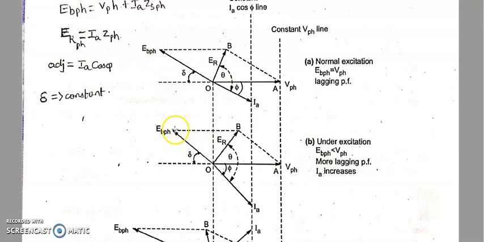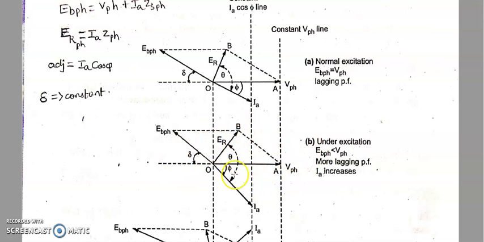When compared to this, you can see this EB phase has this much length, so it also got reduced. What about ER here? What is ER exactly? ER is the resultant phase. It is the product of IA into Z phase. You can see when compared to this, the OB length has increased. Why? Because IA value increases, so the product of IA into Z phase will also increase, so ER phase will also increase here. Yes or not? When compared to this, you can see this length has increased.